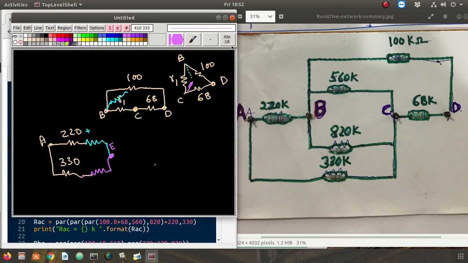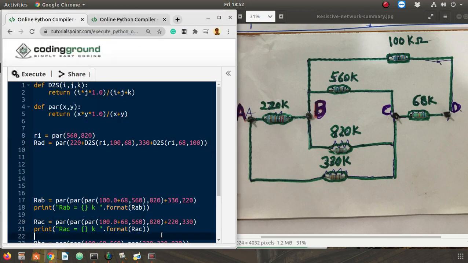Okay. So of course the one which I forgot, which I made a mistake in conversion, is on the right here. Okay, so this part, this is the resistance which is the equivalent star resistance between this 100 and 68. So that resistance, then finally I have D point here and A point is anyway here, this is A. So I will get the RAD just by adding this in series. Okay, so let's go back and try to do that.